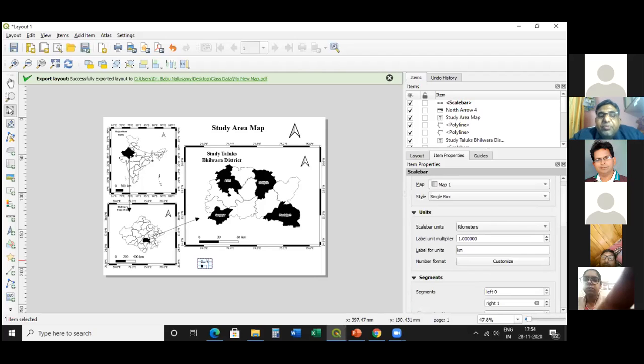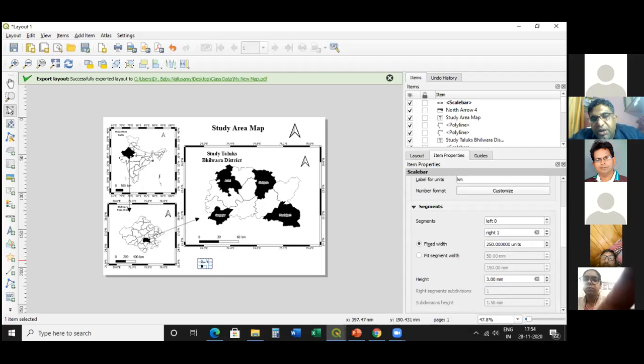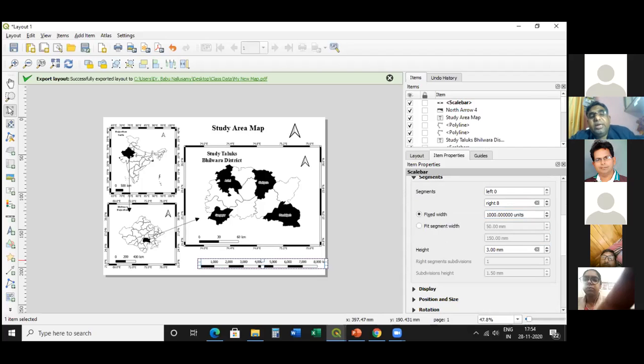क्यों? क्योंकि जो वास्तविक स्केल है वो तो वही रहेगा, लेकिन हम उसके नोमेनक्लेचर को, उसकी लेबलिंग को थोड़ा बदल सकते हैं। हम इसको राइट कर सकते हैं, लेफ्ट कर सकते हैं। तो ये बहुत सारी चीजें हैं जो हम स्केल में कर सकते हैं और उसको हम दिखा सकते हैं।